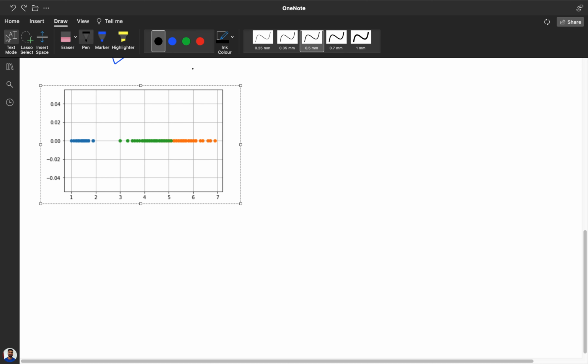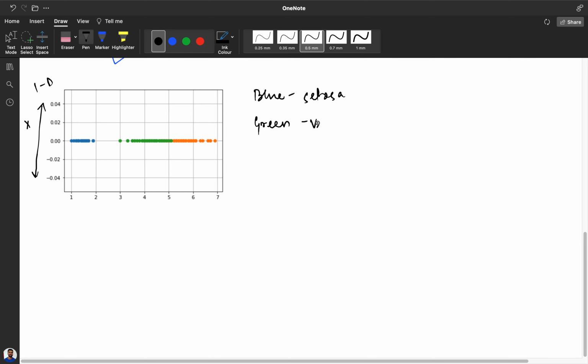Yes. So now since this is a 1D scatter plot, we don't need to worry about this axis. All we need to care about is the x axis. Over here the blue is setosa, the green is, I guess, versicolor, and the orange is virginica.